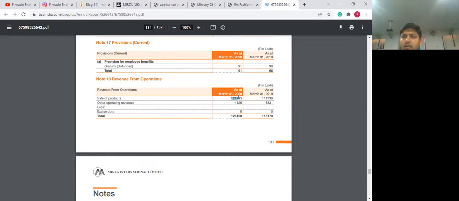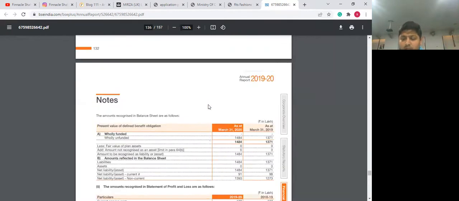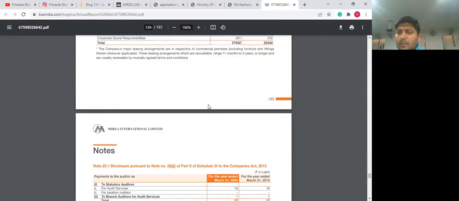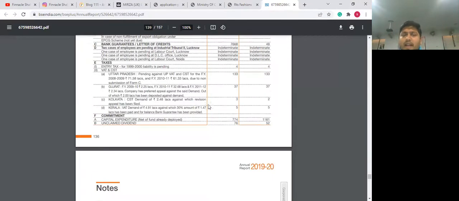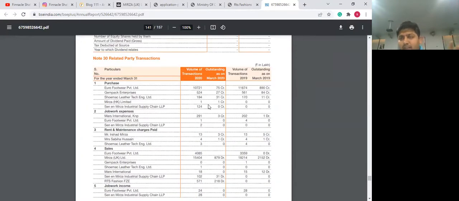Now, to see whether the business engages in any sort of related party transactions, you will have to navigate through the footnotes and scroll down to the related party transactions footnote. Obviously, this footnote number is not standard across annual reports. However, it roughly ranges in the domain of 30 to 40.